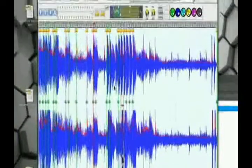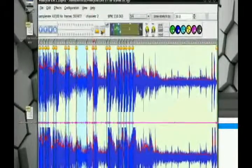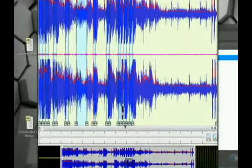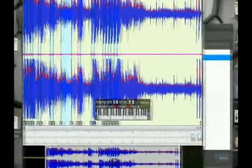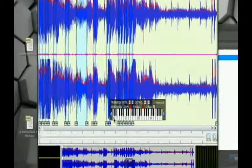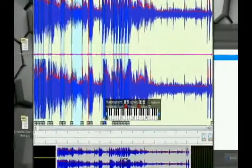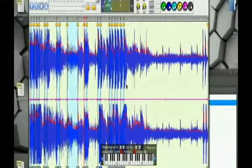Okay. Once that's erased, I can go and lock the samples. Now you'll notice that once I do that, I get this little keyboard down here. What this keyboard does is it assigns a MIDI note trigger to each one of these slices, and that MIDI note trigger can be used for things like if you want to export this to what